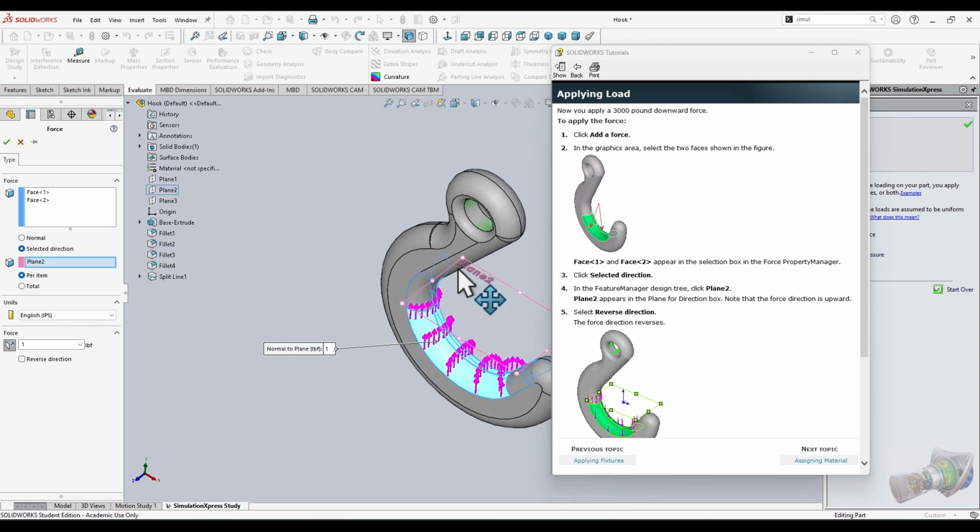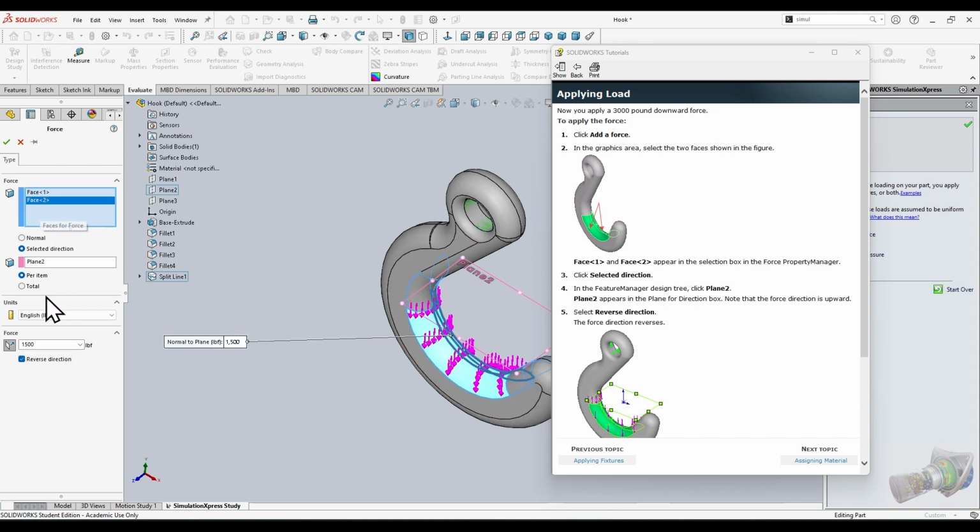So we're going to say that these 2 surfaces are filling the force, and right now it says the force is going up, which doesn't make sense. So we actually have to hit this little reverse direction button because the force would be going downwards on it. And then here we have to enter the value of the force. So this part is very important in SOLIDWORKS as well, because again, you have to understand what we're telling the computer to do. So we're telling it that on face 1, we want from this plane number 2 direction, so coming straight down, perpendicular from plane number 2, it's going to apply 1,500 pounds of force on each one of